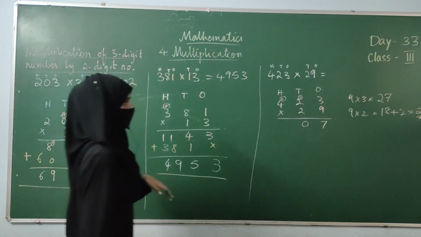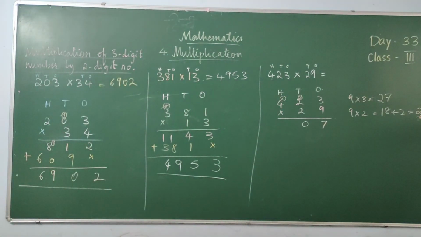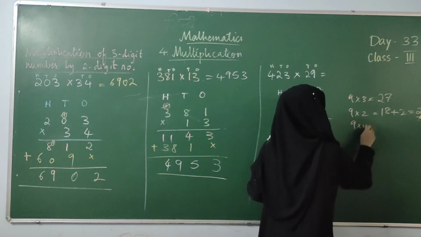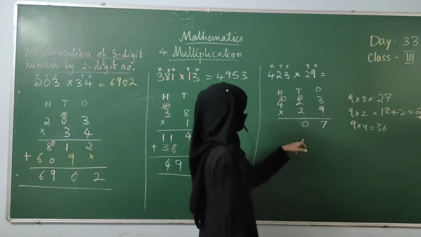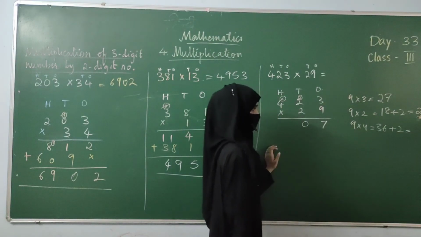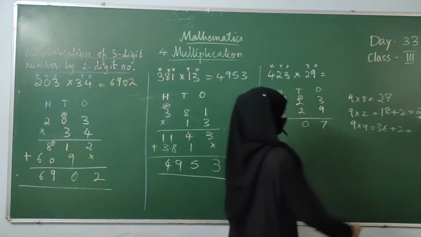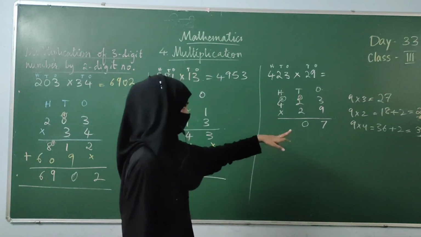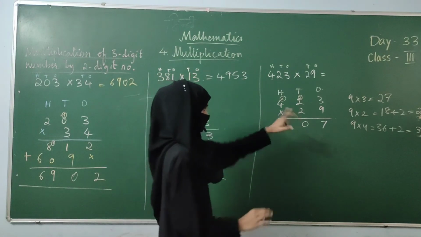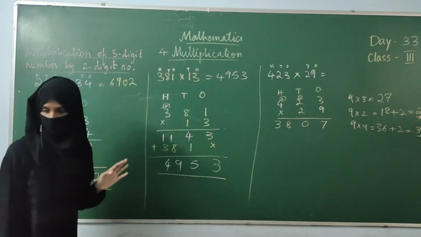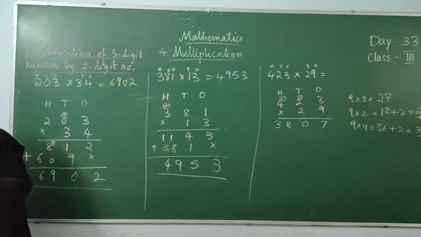Fine. Now next we'll multiply with 4. 9 fours are 36. Now 36 plus 2, the carry plus 2 again we are doing here. 36 plus 2 is 38. 38 you have to write down as the final answer. 38 is again a 2-digit number, but here we are not multiplying further, so directly 38 we will write down. Final answer. First step is over. Multiplication with 9 of all the numbers is finished here.